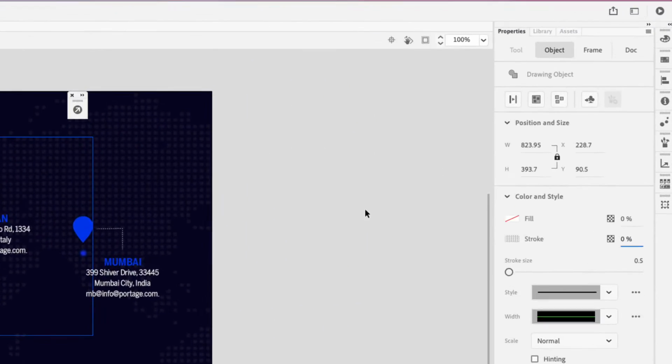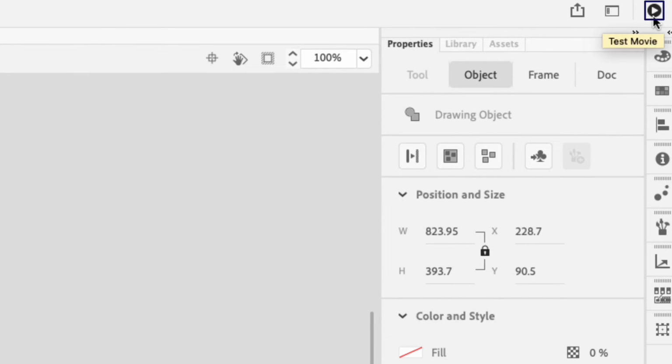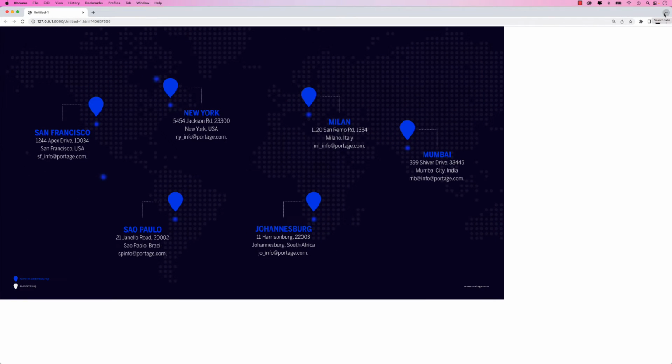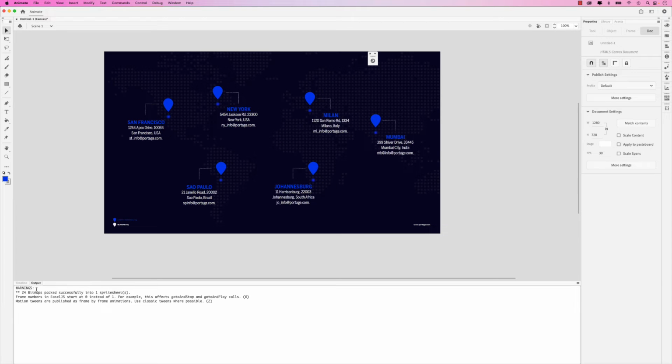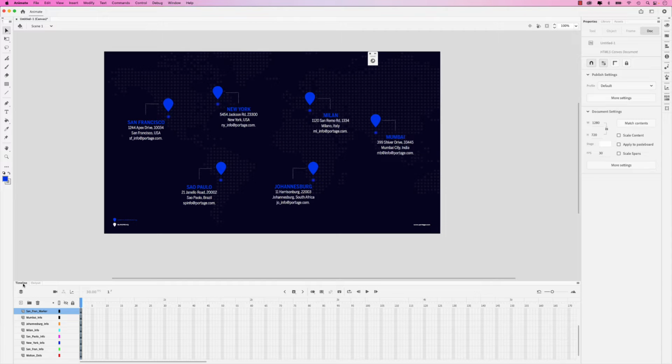And to test that, you could click on this icon up above, Test Movie. That will launch the project in a browser and have a look. The dots are moving along the path, only we changed the opacity of the stroke to 0. And you can see that's operating and working as we set it up. So let's go back to Animate, and next we'll focus on creating the interactive buttons to the markers as well